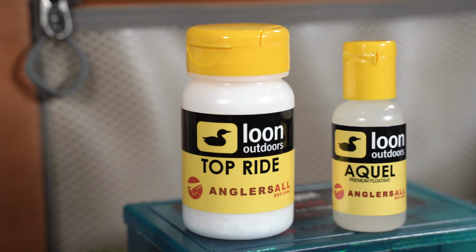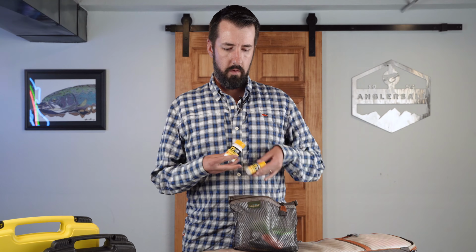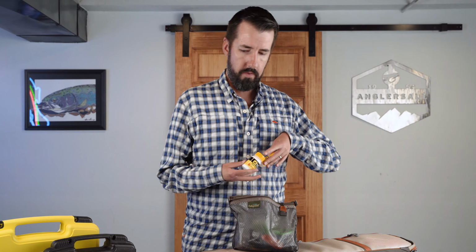Floatant. A lot of dry fly fishing to be had down in Chile and Argentina. Good floatant from Loon goes a long way to keep your flies upright. A good pair of hemos that you can do a little bit of everything with. I like these Umpqua River Grip hemos in bright colors so you don't lose them. Another thing that people don't